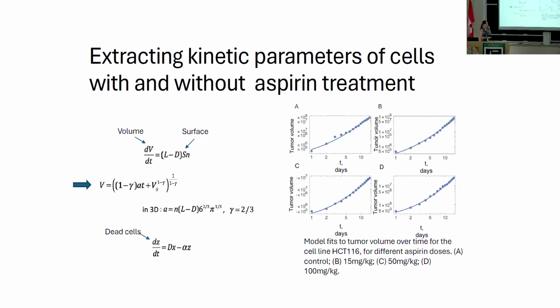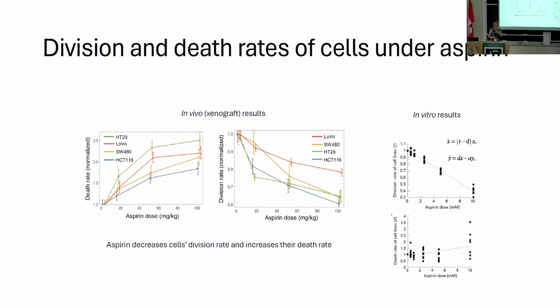And the second study, actually the first study, was done in vitro. So I'm doing it in the wrong order. They first did it in vitro with cell lines, and then they did xenografts. We did both. In vitro, it's exponential growth. In xenografts, it's a 3D growth. And so this is the result of the measurement of the death rate of cells and division